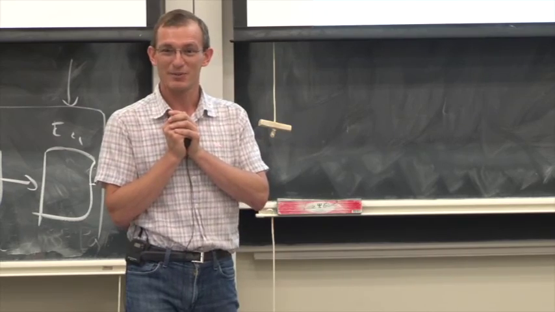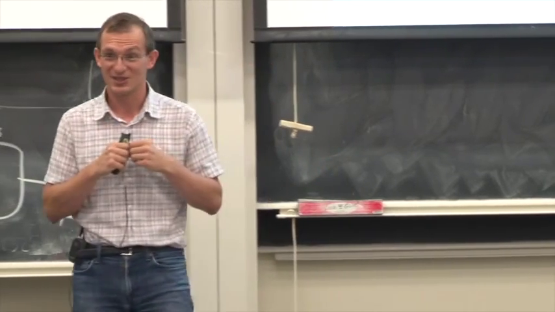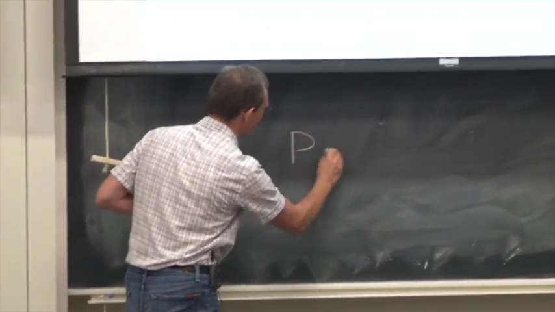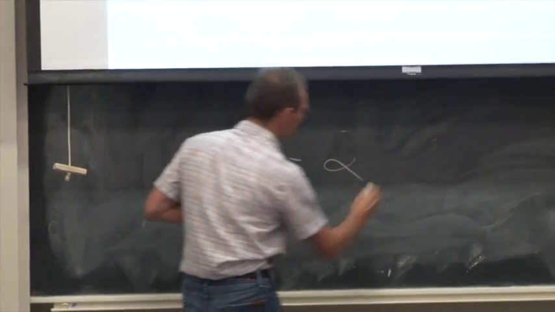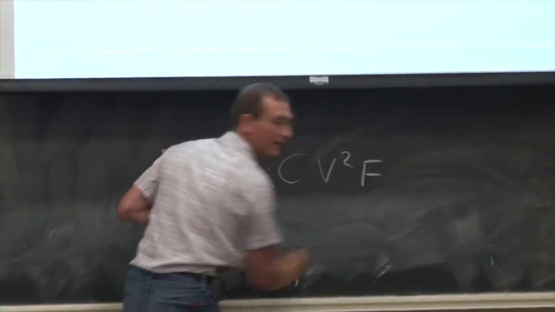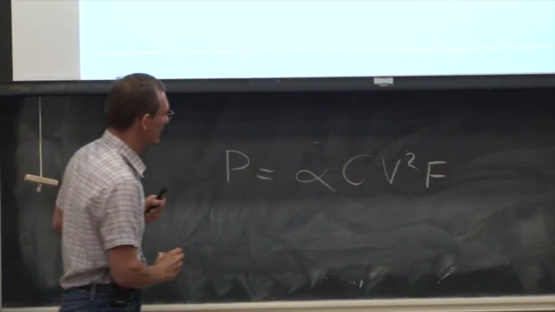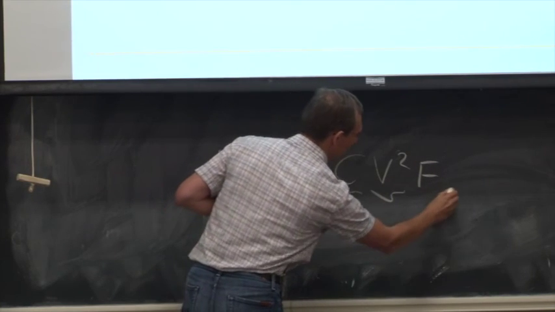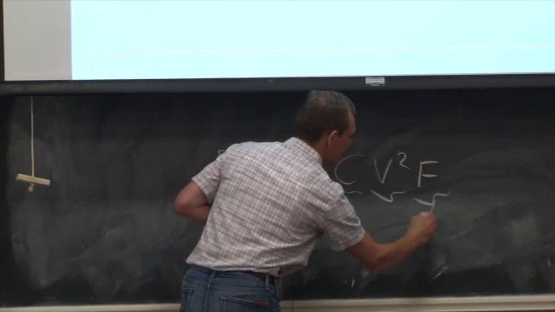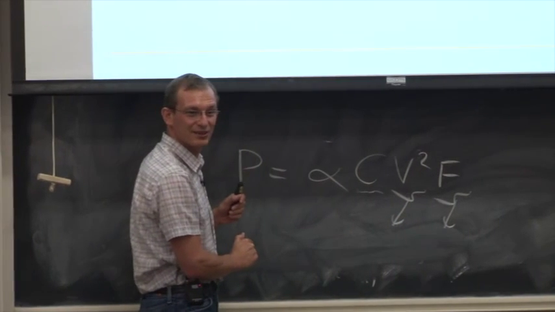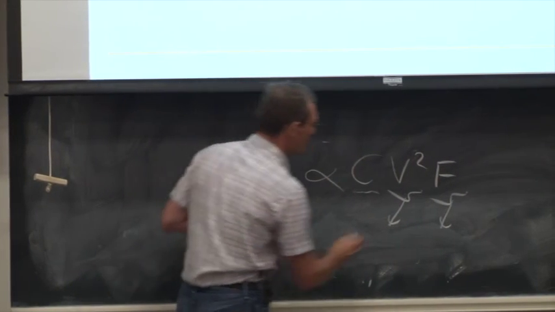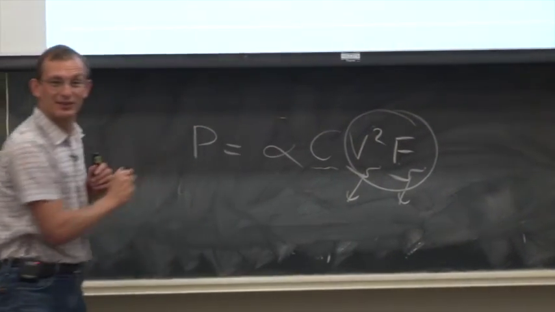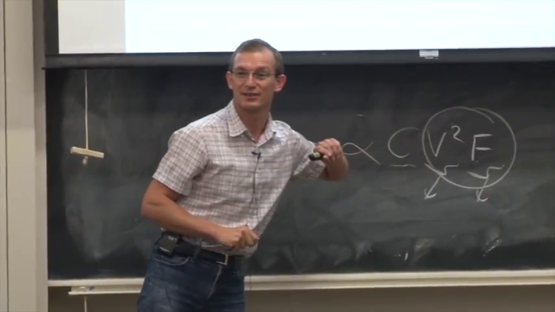Right? Why? Because as you reduce your frequency, you can reduce your voltage also. And if you remember the power equation from our previous classes or other classes, dynamic power is proportional to C V square F. C is the capacitance, V is the voltage, and F is the frequency. As you reduce frequency, you can usually reduce the voltage. That may not be true today as much. And you can get a cubic reduction in power because of this.